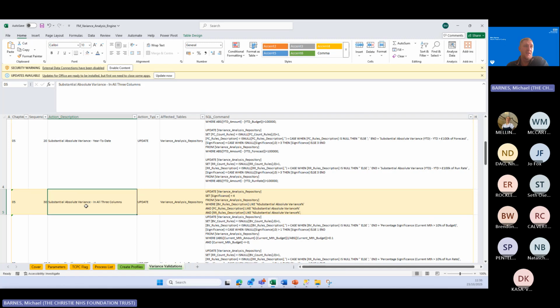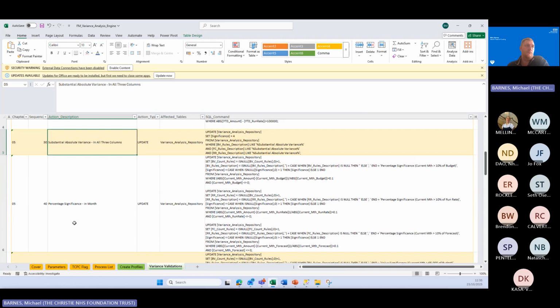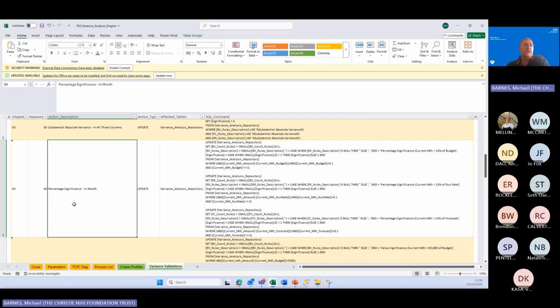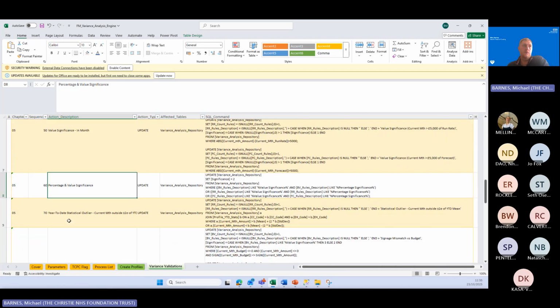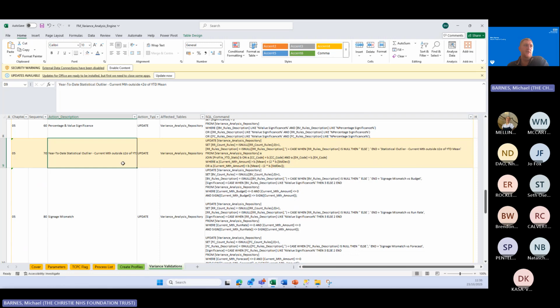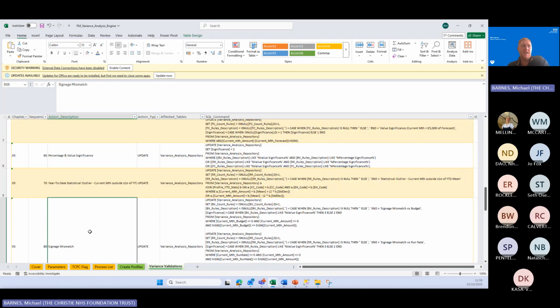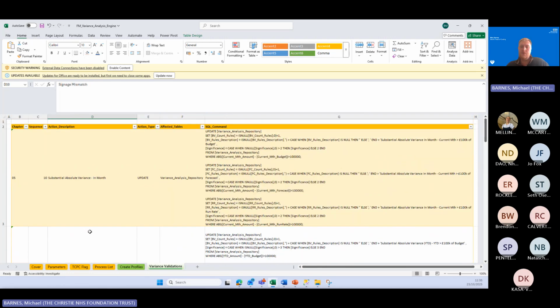If it's all of the above, then it's going to be more significant to me than if it's just in one of them. Is the percentage significant? Is it value significance? Is it both? Is it a statistical outlier and using standard deviation? Is there a signage mismatch? This is where I'm starting to check the profiles against the actual data. And again, going back to AI,